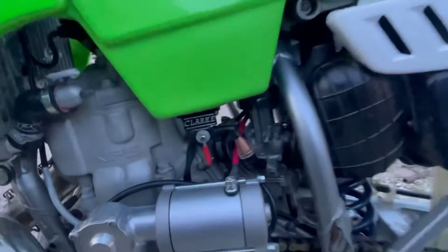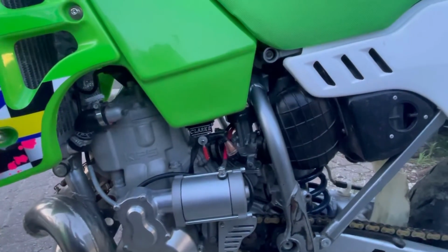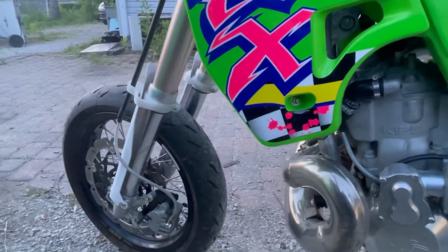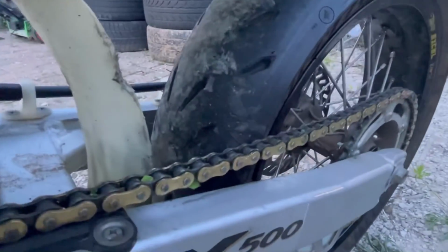I still have to fix this fuel line because it's almost kinked, and the pilot jet might be clogged up. I need to go through the jetting, and whenever the suspension goes down kind of far, it's hitting those fork guards, and also that rear tire the chain is hitting. So